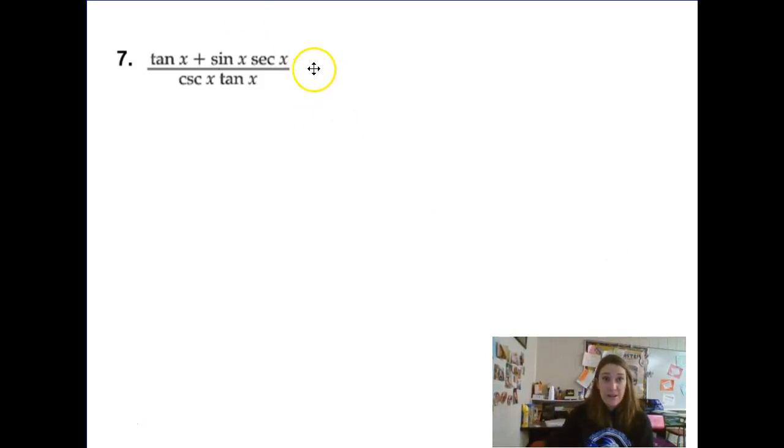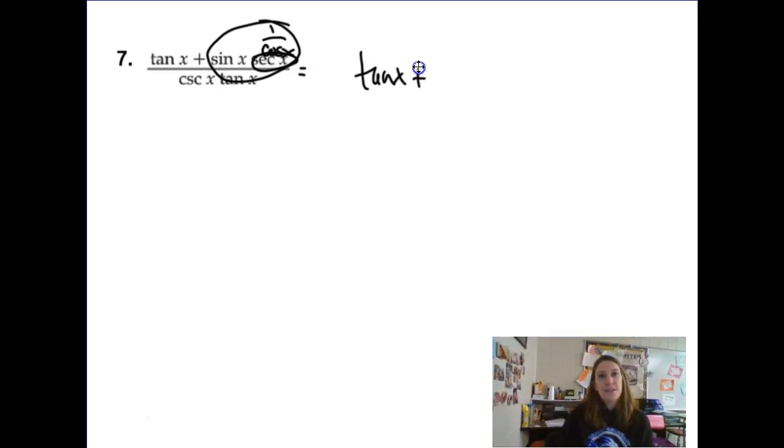Alright, this is a hot mess. Now, it is currently written as a fraction, but it's definitely not simplified. So, let's take a look at, you know what, this is interesting. Secant is 1 over cosine. So, if this right here is treated as a 1 over cosine, then sine times 1 over cosine is just tangent. So I have tangent x plus another tangent x, interesting,